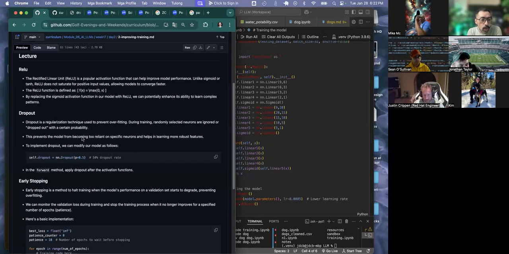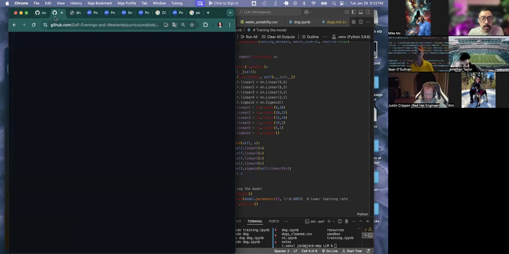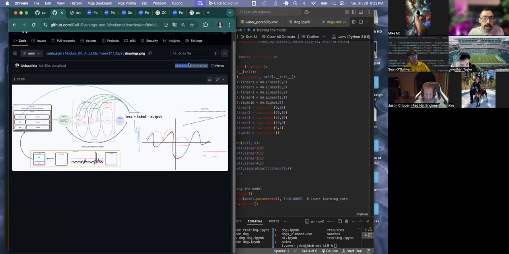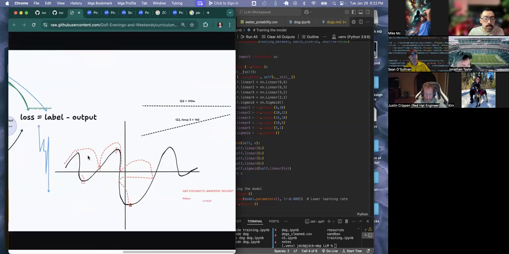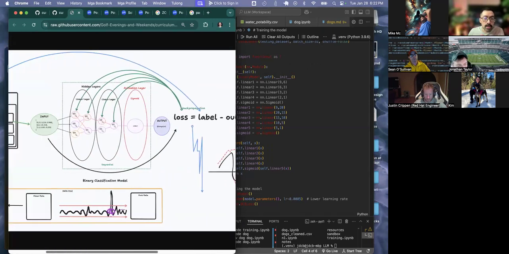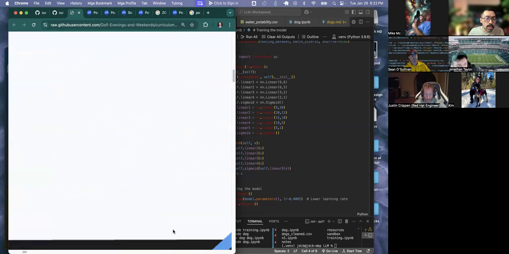Okay, so there's also dropout, which is another technique we could use to improve accuracy. And this is one that helps to prevent overfitting. I think a good analogy for this is, well, before we go into the analogy, let's go back to this image and let's look at these neurons. So what dropout does is for each epoch, it's going to temporarily deactivate